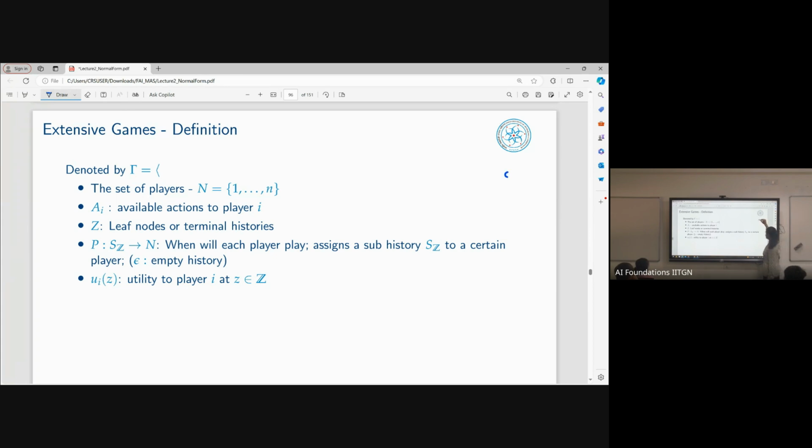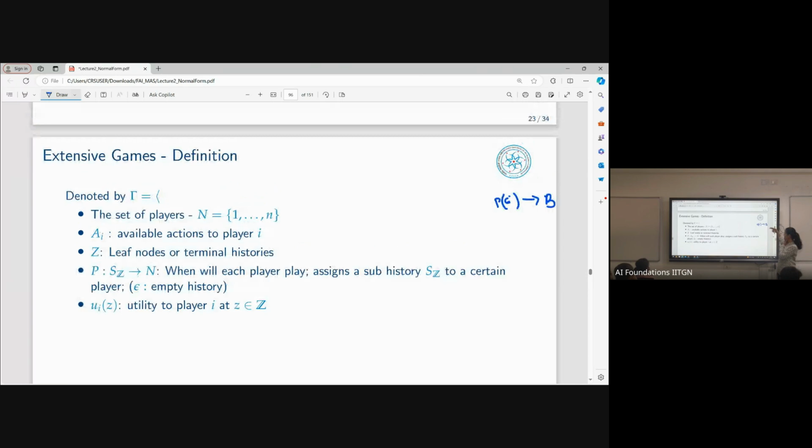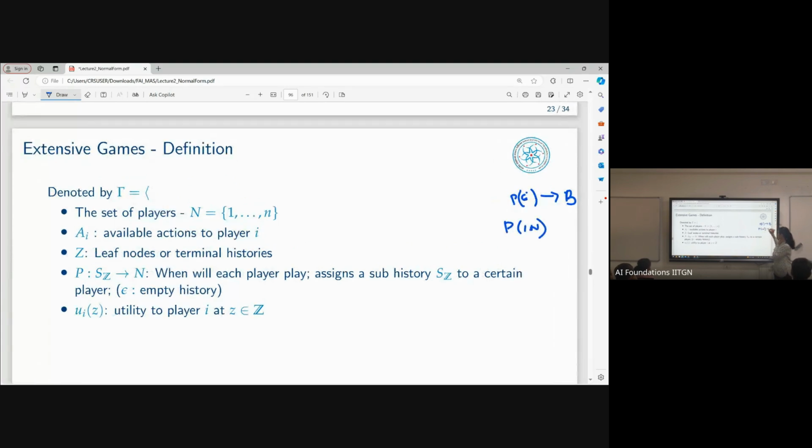So here it's epsilon. P of epsilon denotes, let's say, the player. So for example, in the entry form game, it was player B who was making the first action. And after epsilon, maybe player B had made an action of going in, like moving into the market. So in. Now after in, it's player A's turn to make a decision. Or even after out would also correspond. So these are sub-histories, one particular action after the other.